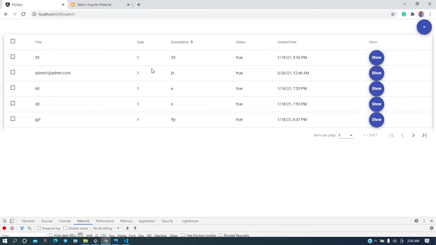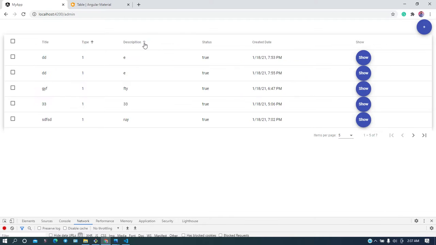It means if there are 1 lakh of data, the sorting should happen on all of it. That's why we have used sorting through the real time. Now you got the point. Since you are requesting only 10 or 20 data by default, that's why this will be super fast.